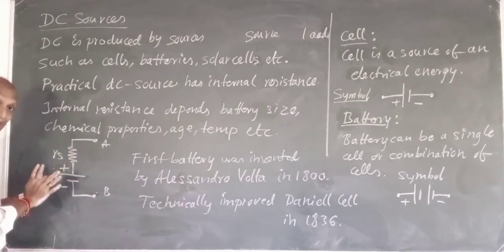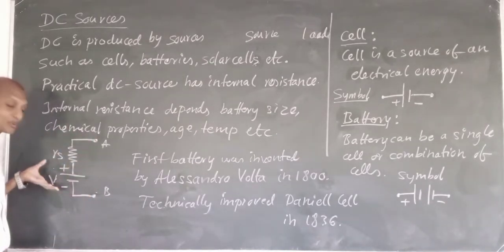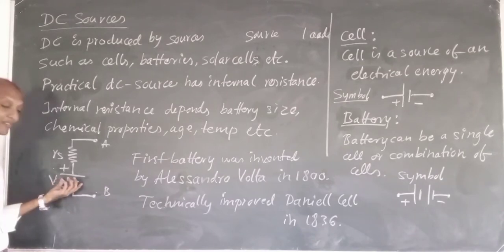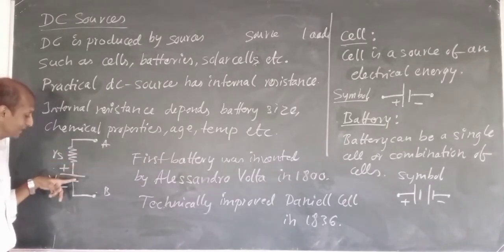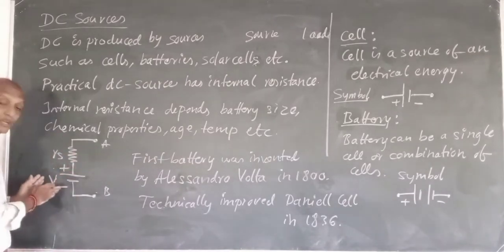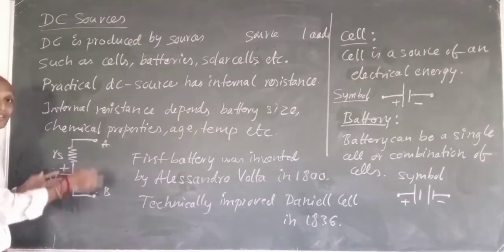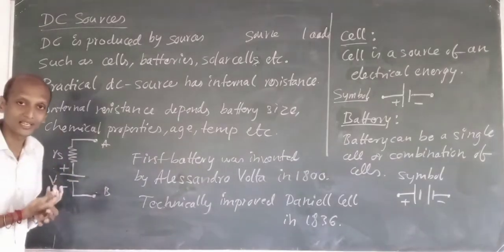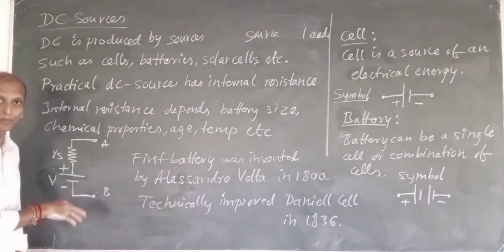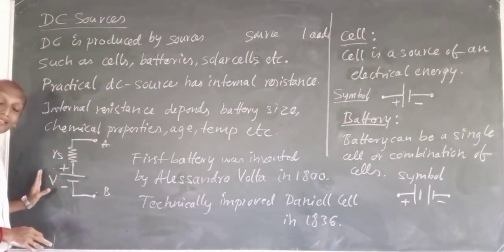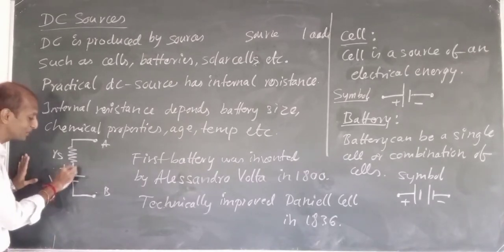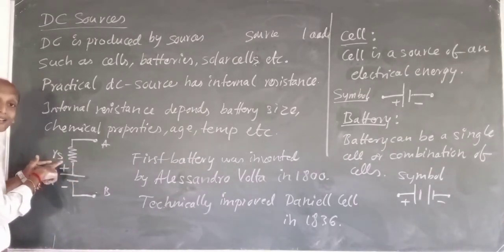So now practically I can write the DC source as so. Here we have the circuit symbol of your DC source plus the internal resistance will come. This internal resistance will come in series. So here I have shown a voltage source. You will understand what is voltage source and what is current source further, in this topic only. So now this is a DC voltage source. Here I will be showing the internal resistance RS.